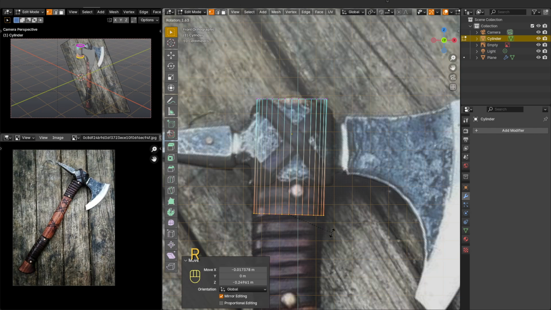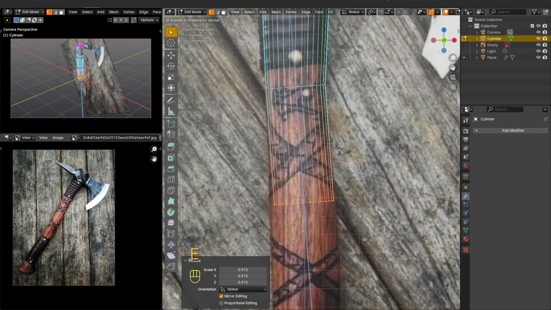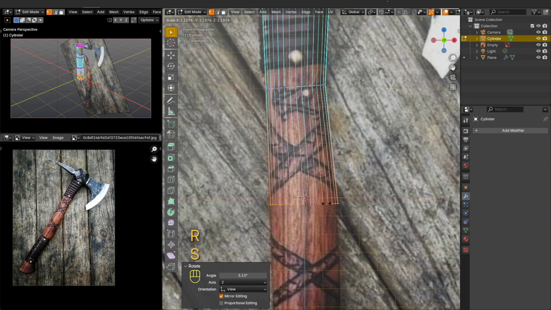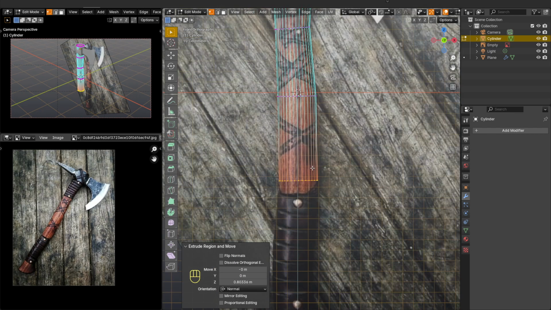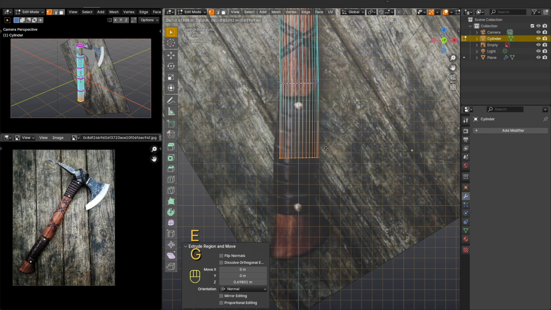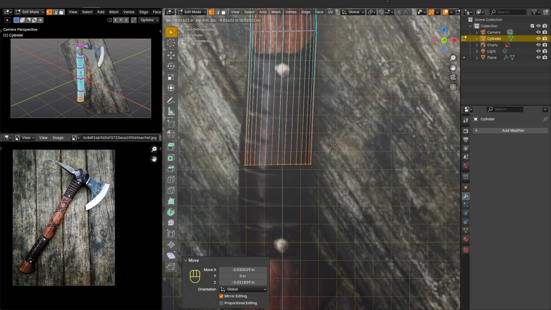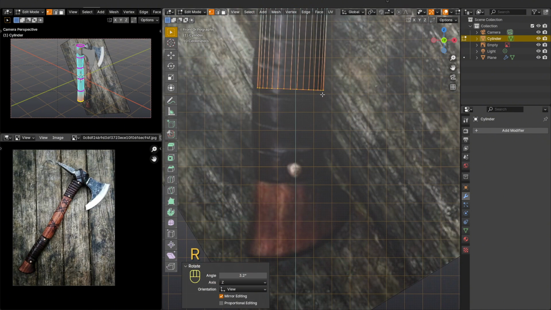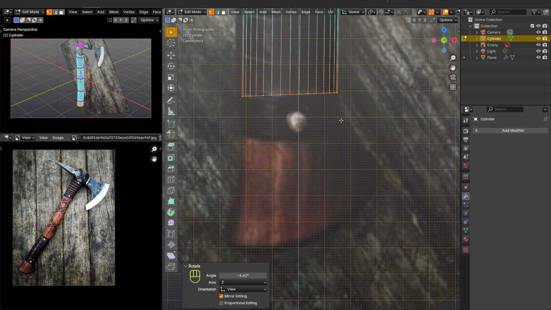And now we can create elements of this part by extruding the vertices down along the Z-axis. As we can see, the handle is not straight and not the same width in different places. Therefore, we control these points and, where necessary, slightly rotate the edge loops. Where necessary, change the size.